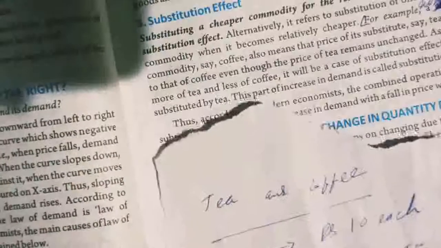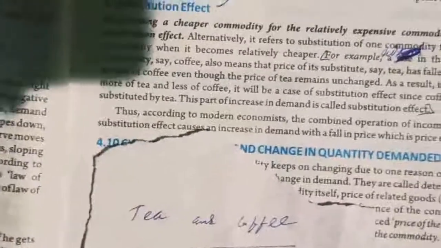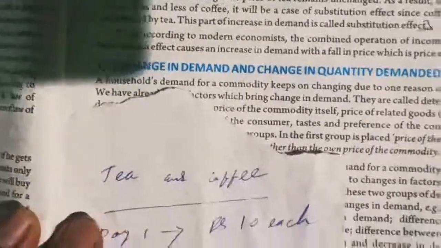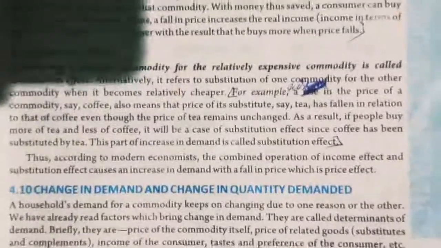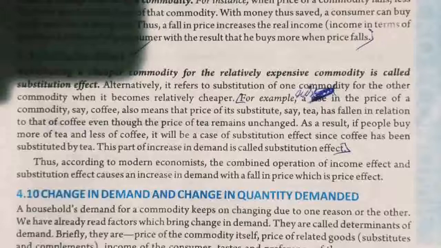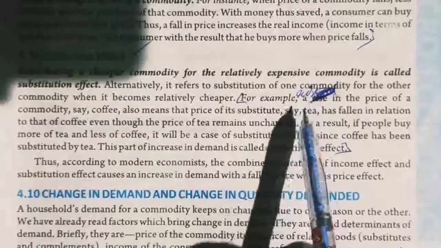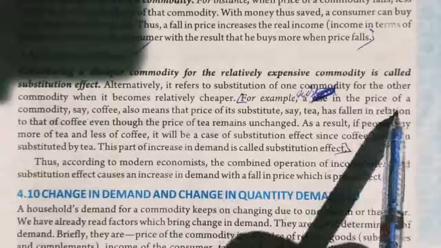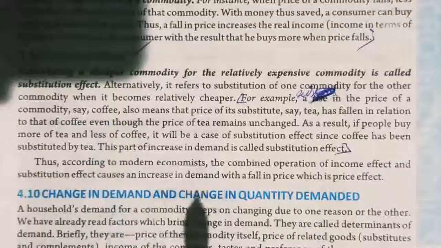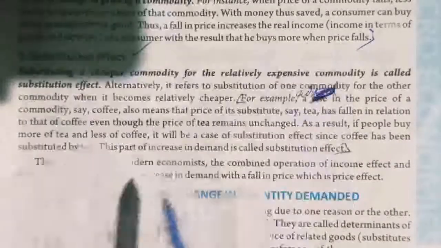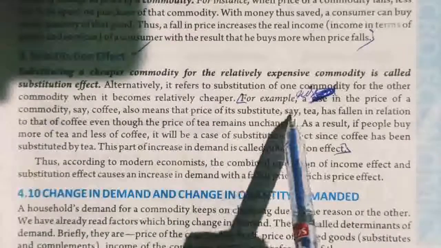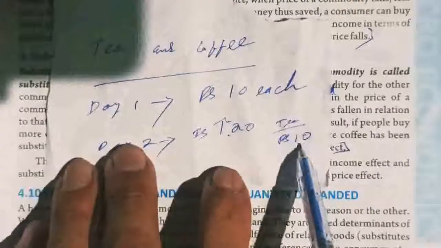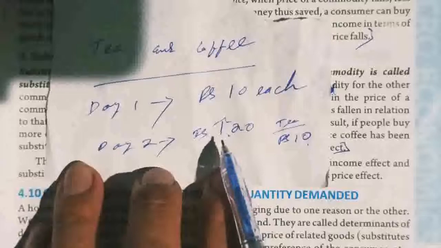Okay, let me read again for all of us. Listen to it carefully. See, for example, rise in the price of a commodity, say coffee, to rupees 20, also means that the price of its substitute, say tea, has fallen. That means even if the price of tea remains constant at rupees 10, since the price of